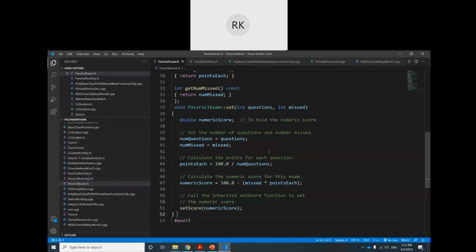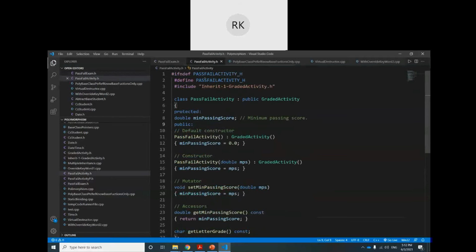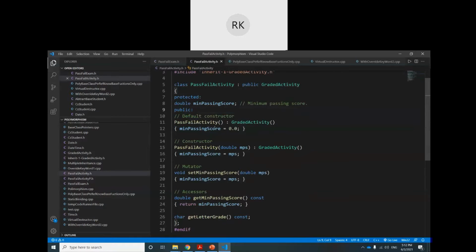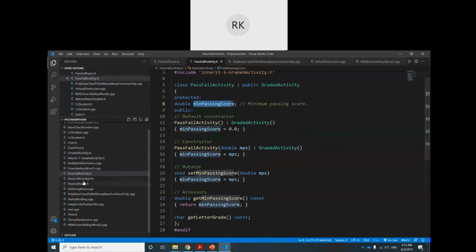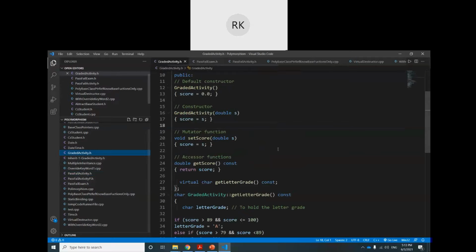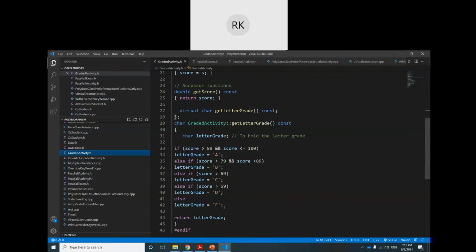It is the same class that we have been studying for quite a long time. This one is the pass fail activity. You see it has the minimum passing score. And there is the grade activity also; this function only tells us about the grade.